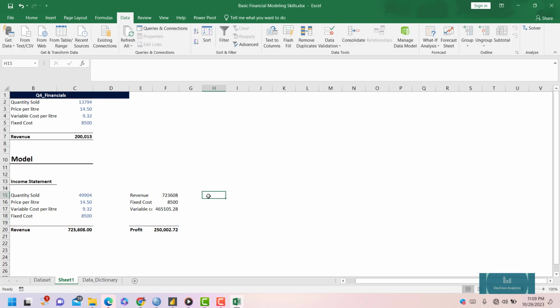But let's assume that our oil marketing company, let's say Defcon Oil Marketing, we are selling at 14.5, and our competitor X is selling at 14.2. Okay, so management is asking you, the data analyst, the financial modeling expert, to tell them that when you set up the model, how much,